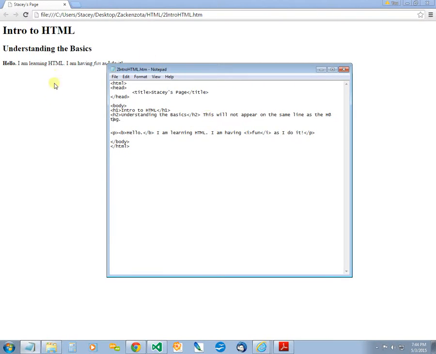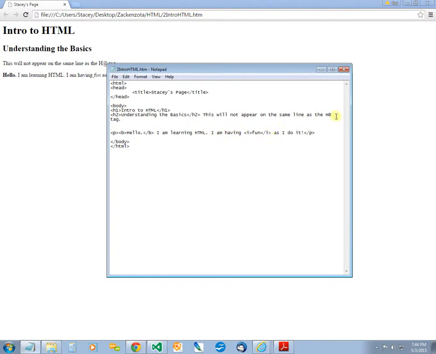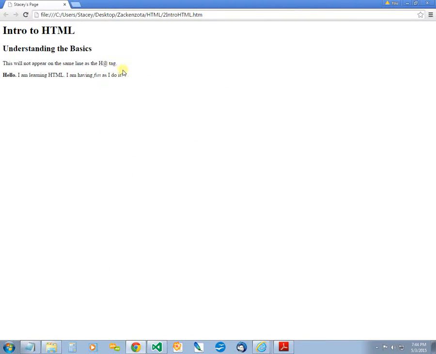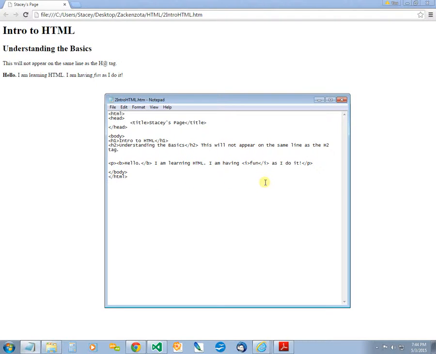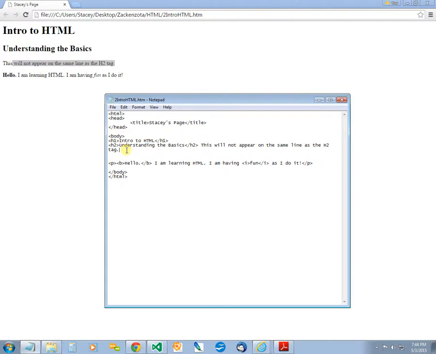And let's save that and come over here and hit refresh. So you see, oops, I spelled that wrong. That was supposed to be H2. Okay, so you see that this, save it, and refresh, does not appear as an H2 tag, and it doesn't even appear on the same line because H2 is a block level tag. So if we put another H2 after that line, H2,